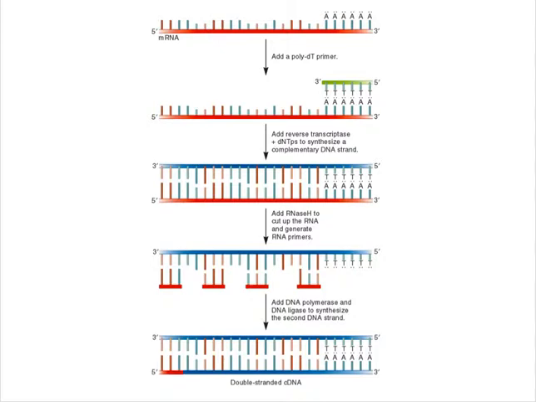Here's a cartoon showing this principle here. So on the top in red is the RNA that we've purified from our cell. You have to prime DNA for DNA synthesis. So in this case you use what's called an oligo dT primer. It binds to the poly A tail of your RNA. You add reverse transcriptase, the nucleotides, a proper buffer and the proper temperature, and reverse transcriptase will copy your RNA back into DNA. To get rid of the RNA, you add an enzyme called RNase H, which cuts up RNA